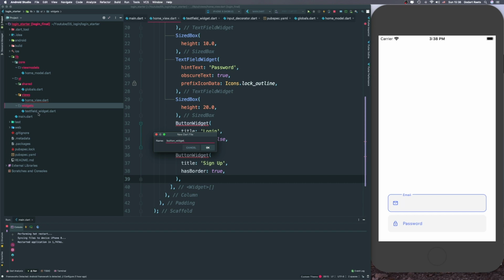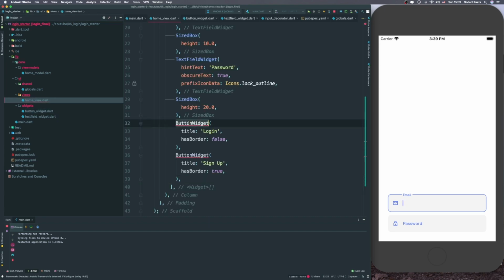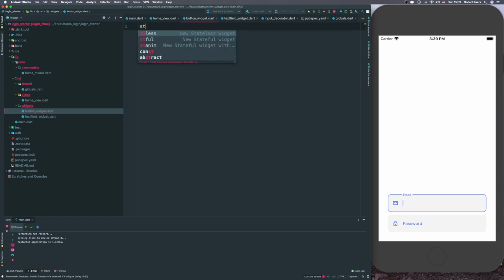I always try to keep a consistent way of naming these. You use underscore and widget, so you know it's a widget, and then when you specify the class, you're sure that it's always gonna be unique anyway. Because if I just would use button, it's not really a good idea. That's why I add widget to it as well. So it's easier for you to understand, but also if someone else is looking into your code. Button widget. Let's copy this, and again, let's create a stateless